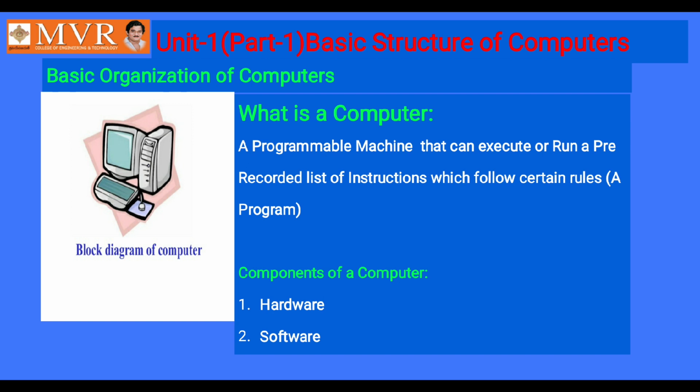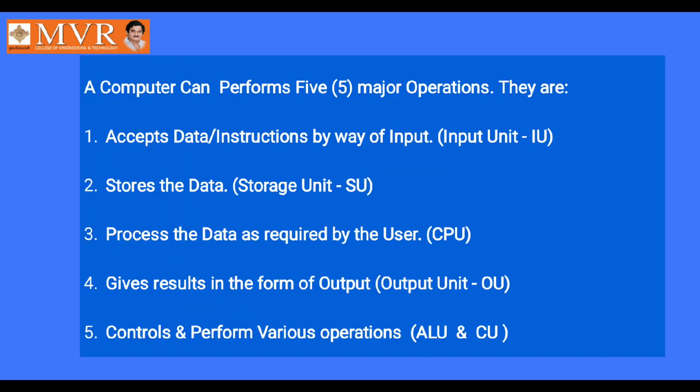Now let us see what basic activities can be performed by a computer. By seeing the previous diagram, you might have seen one CPU, one keyboard, one mouse, one monitor. By seeing that diagram and the various internal parts of the computer that exist, we can say that a computer can perform 5 major operations or functions irrespective of their size and make.